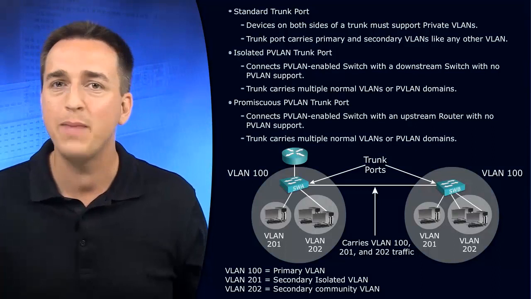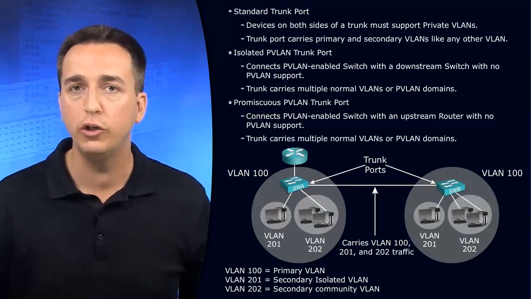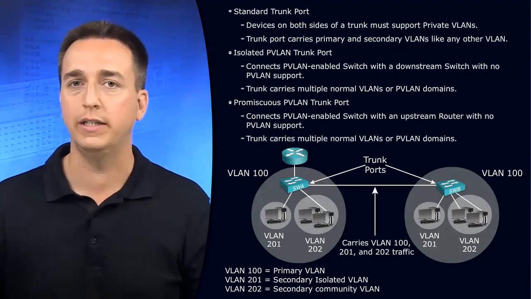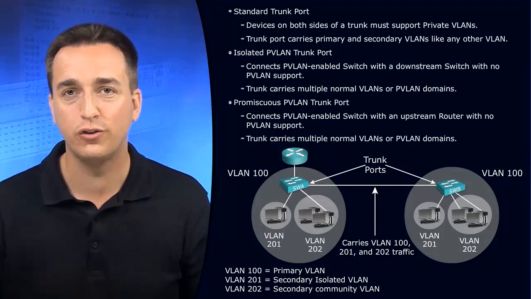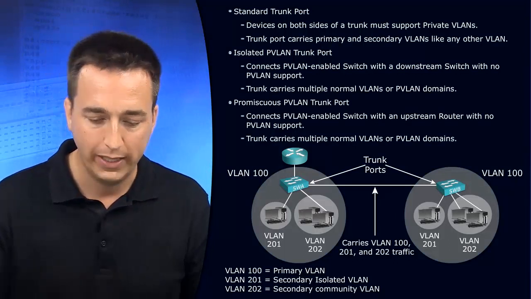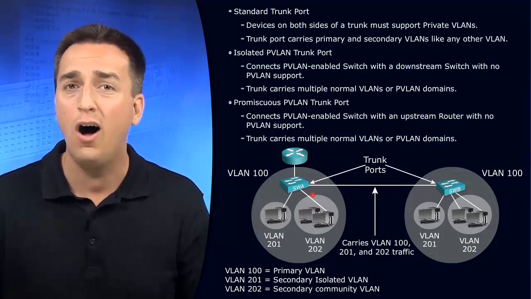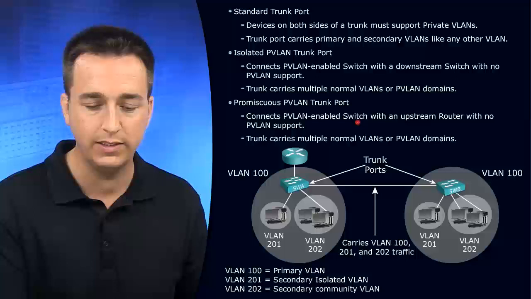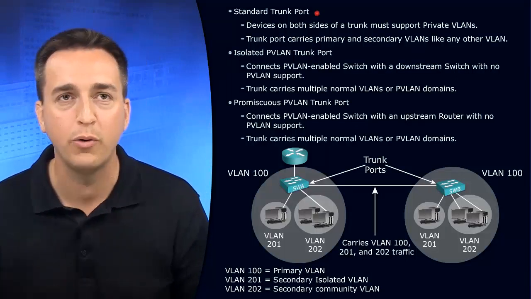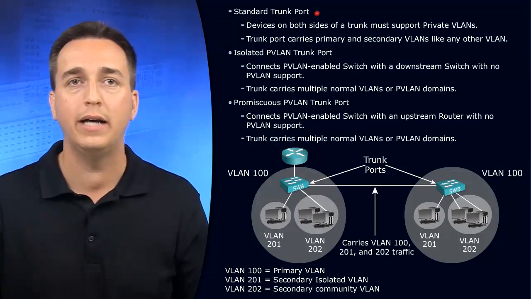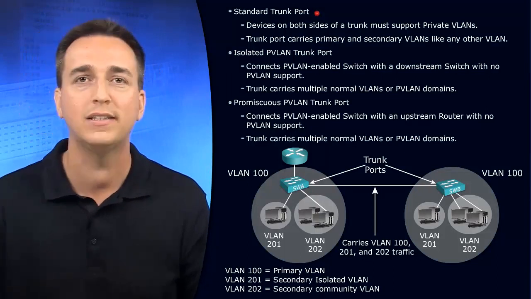However, it's not mandatory. So if you're using end-to-end VLANs and you want to implement private VLANs, you can do so. However, those trunk links can be configured different ways depending on your infrastructure. So in this case here, we can see two switches, and both of these switches support private VLANs. So all we really need between them is a standard trunk port, because both of the switches support private VLANs, and as a result, the trunk has the ability to carry the primary VLAN, the secondary VLAN information, just like